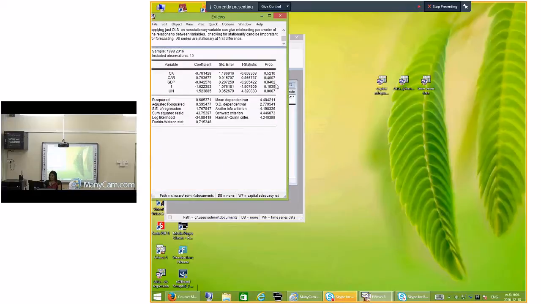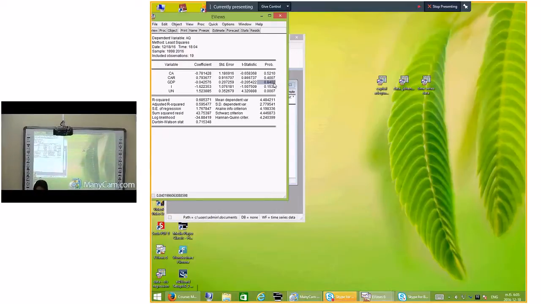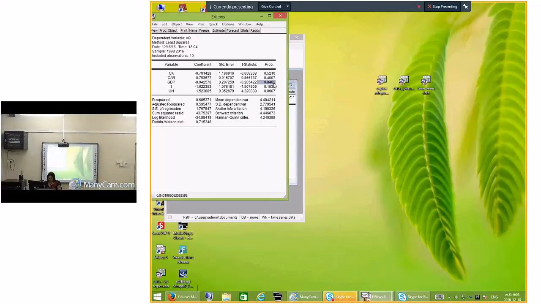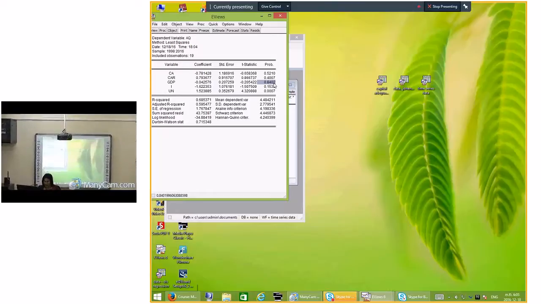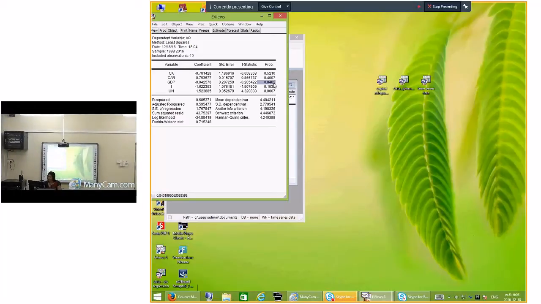Then this is the output. In the output, you can see most of the data are not significant, but the unemployment data is negative. The expected effect should be negative: the theory says that there is a negative relationship between capital adequacy and unemployment, but this result shows that there is a positive relationship between unemployment and the